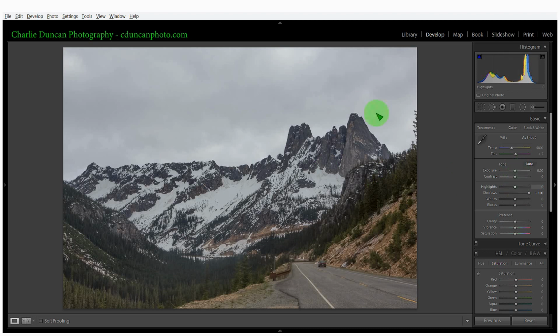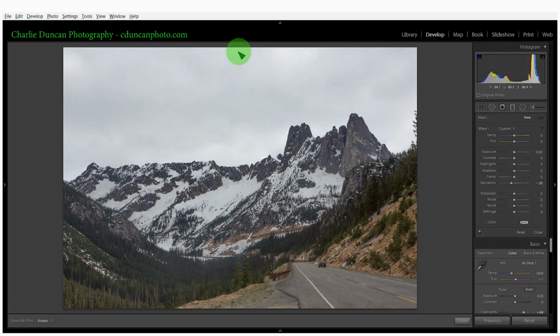So then I kind of want to bring the clouds down so it makes the mountains pop. What we want to do here is make the mountains the main part of the image. So I will bring down the highlights just a little bit. And see, the problem with that is it's also bringing down the snow. So we want that snow to still pop on the mountain. So we'll bring the highlights up here, and what we'll do to take care of the sky is a gradient filter. A gradient filter right here,